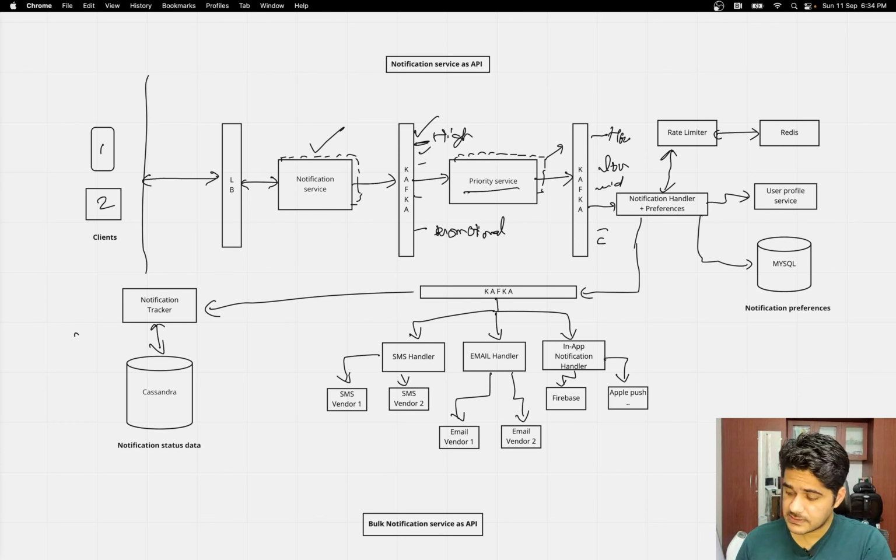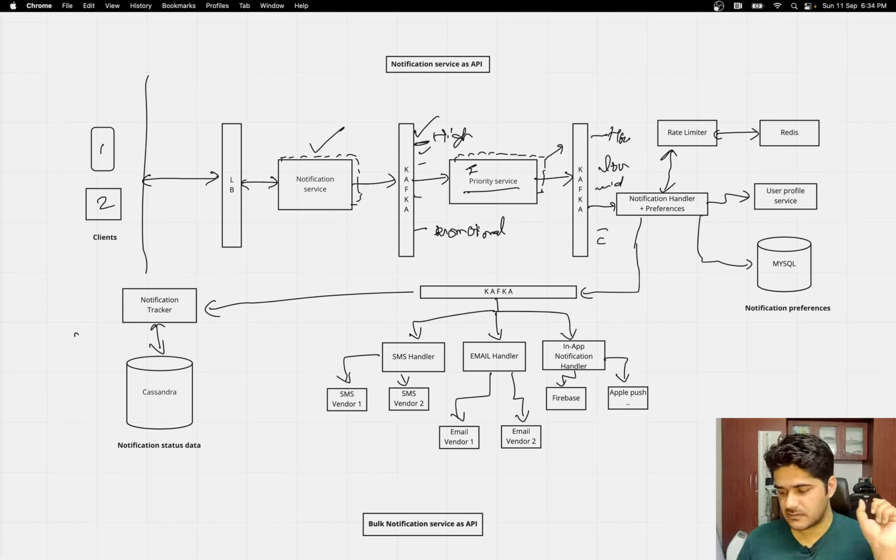So now, on the basis of what does this priority service define priority? This can be inbuilt, within this service you can have a DB or a configuration where you define that if this type of topic, if this type of content is there, then this is the priority of it, right?